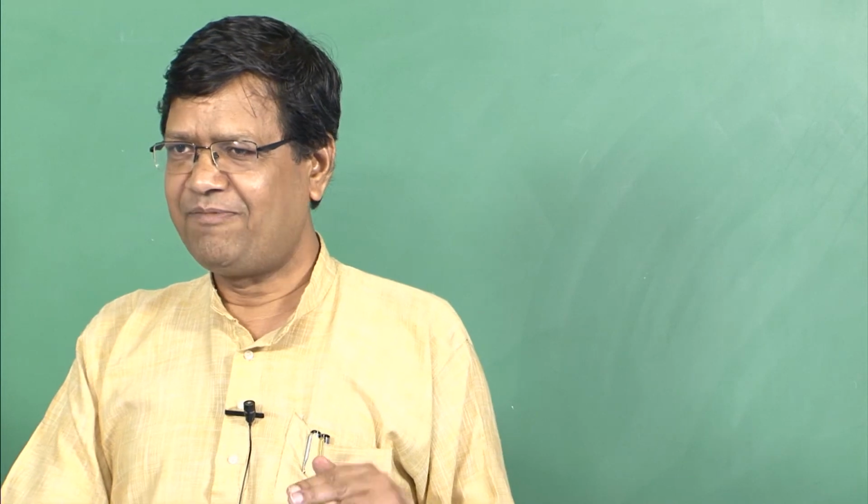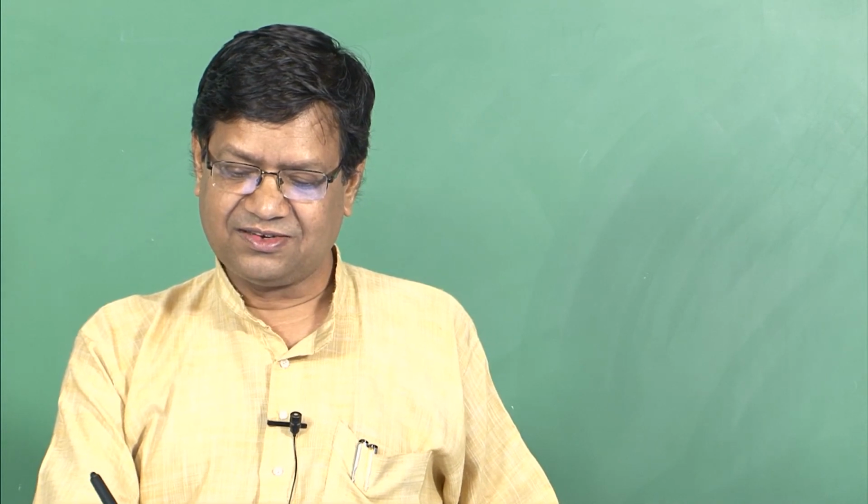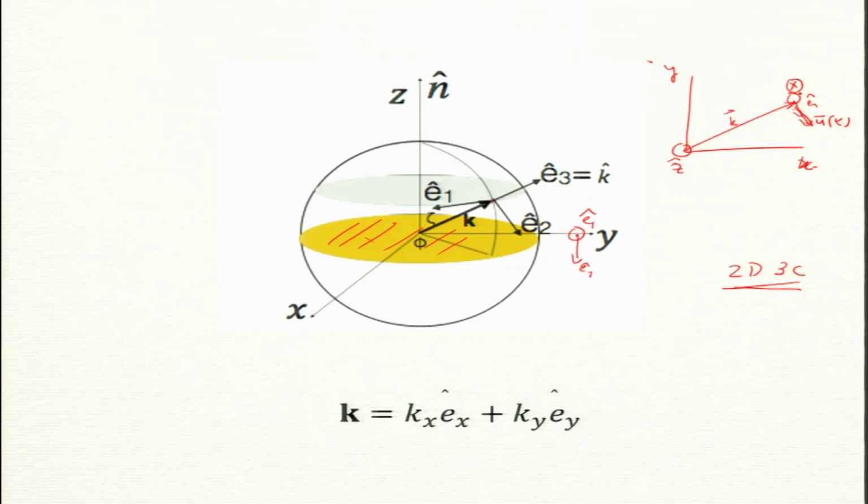Okay. So for 2D 3C it is only a function of kx and ky, but it has a component along the E2 direction, which is downward in that direction. Okay, but let us not worry about it. Right now we will focus only on 2D, 3C a bit later. So let us look at this